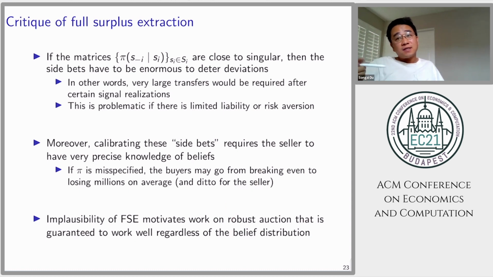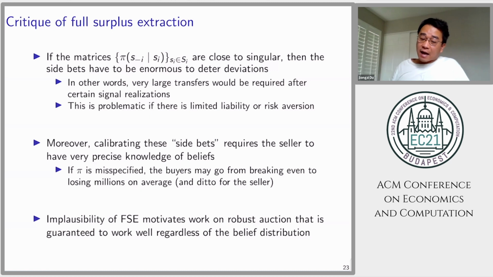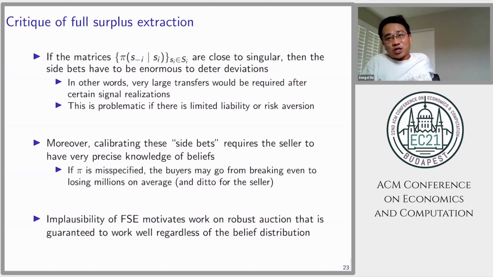Okay, so for these reasons, the implausibility of full surplus extraction motivates work on robust auction design. Okay, so the idea of a robust auction is to have an auction which is guaranteed to work well regardless of the distribution of beliefs, regardless of who knows what about the value. We want to have some sense of guarantee that the auction can work well. Okay, so that naturally leads to the next lecture that Ben will